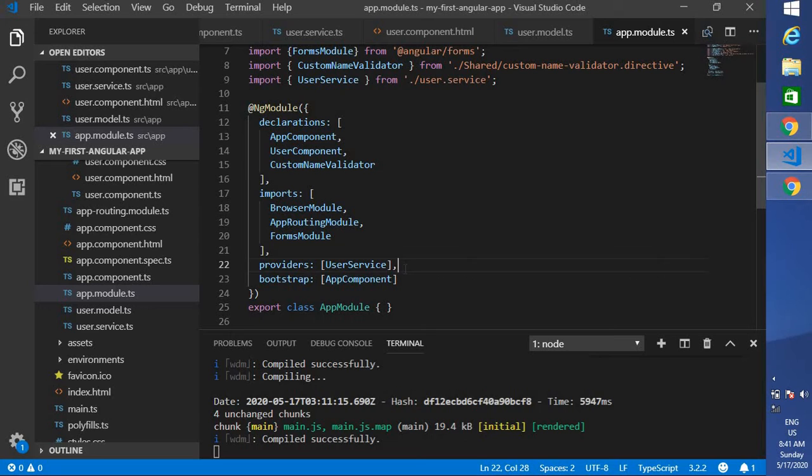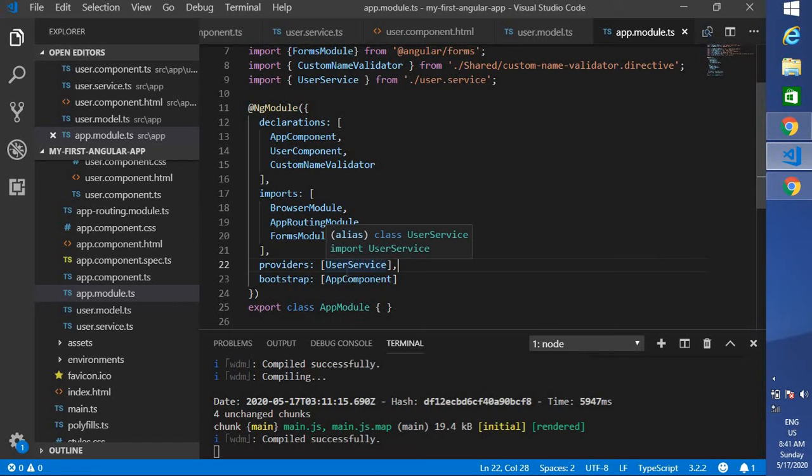This is root level registration. If you register at this root level, across our application, this service will be available as one instance. You may wonder what one instance means.